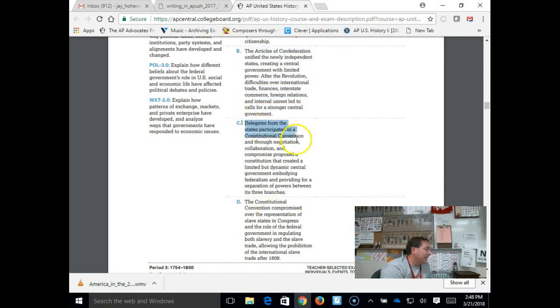When delegates got together, they're going to participate in a constitutional convention to redo our government because the articles are doing so badly. So your turning point is Shays' Rebellion. Remember, this is a group of Massachusetts farmers who are really mad about what's going on with the foreclosure of their farms, and so they are trying to take back the ownership of their farms, and this is causing battles to break out, and the politicians realize there are Daniel Shayses all over the United States.